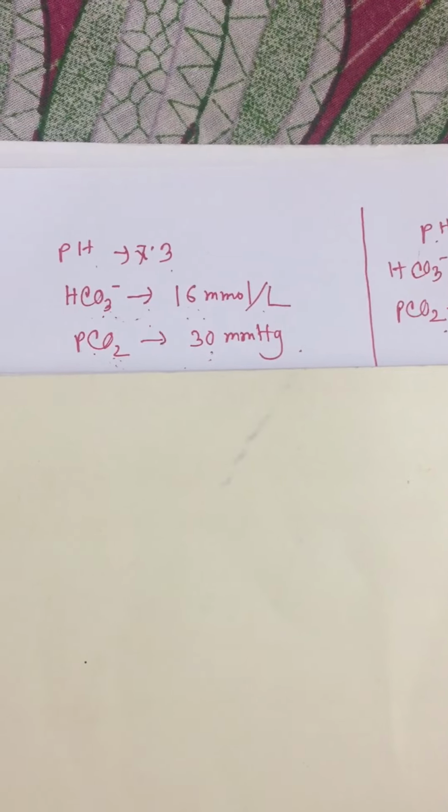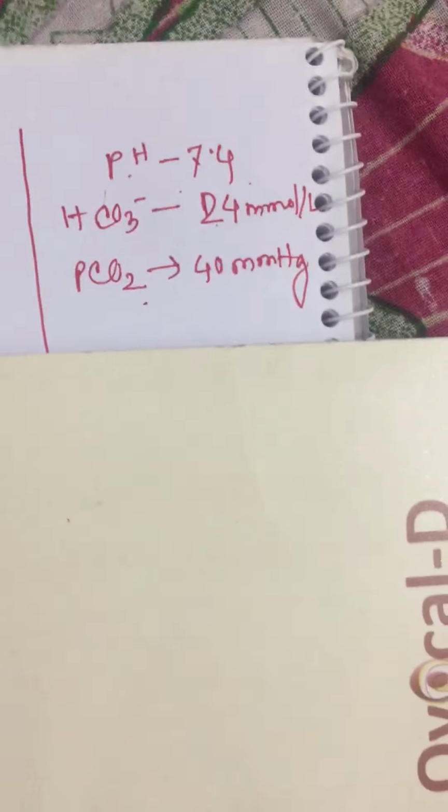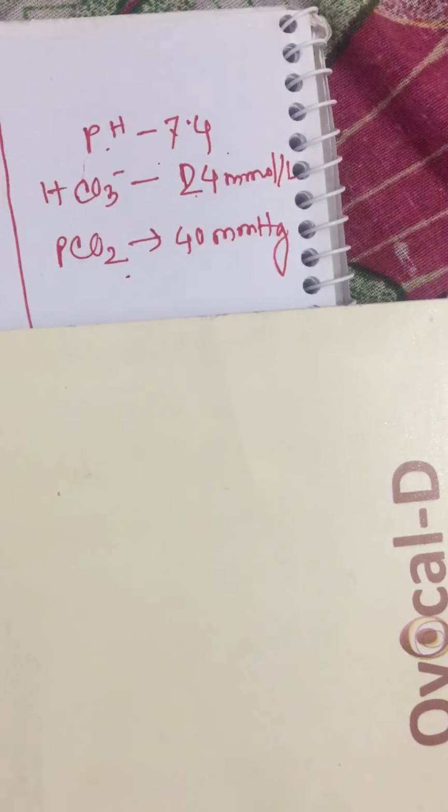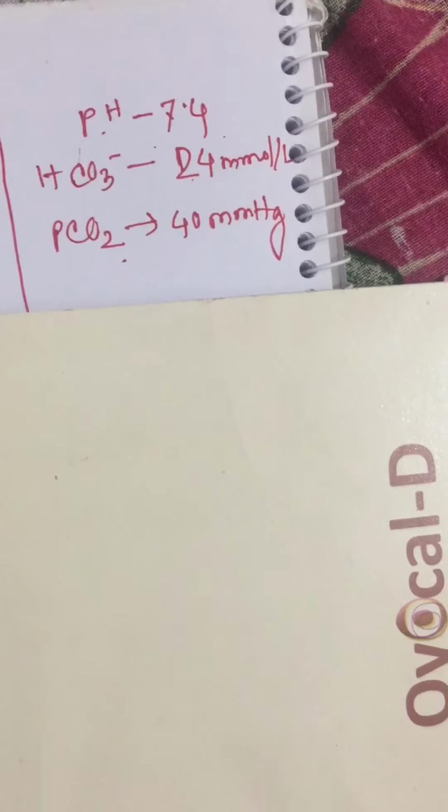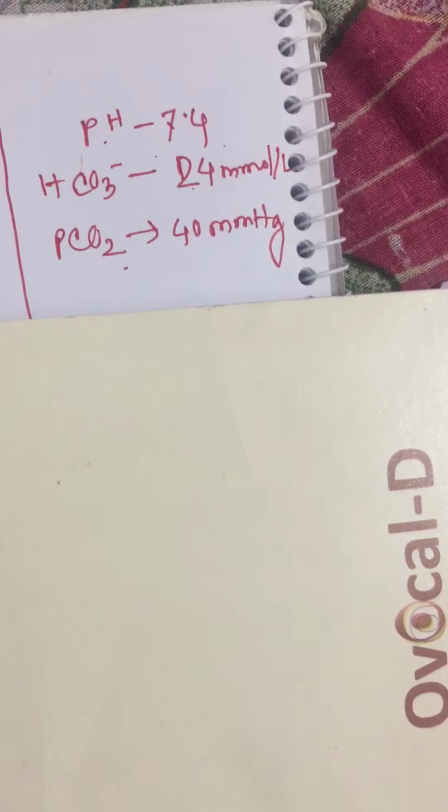Today we will discuss how we can diagnose acid-base disorders from ABG values. We have to know three parameters for this: pH, bicarbonate concentration, and partial pressure of carbon dioxide. At first we have to know the normal values. Normal value of pH is 7.4, bicarbonate level is 24 millimole per liter, and partial pressure of carbon dioxide is